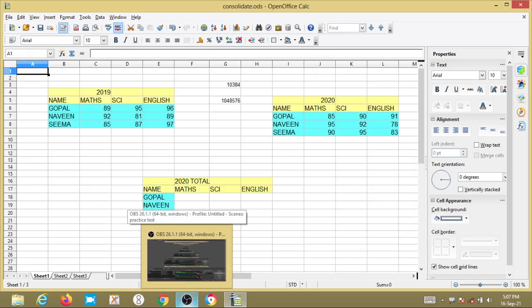Why we are using a spreadsheet: information is not always in words. Information can include numbers, figures, calculations.